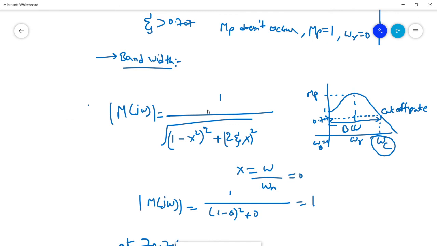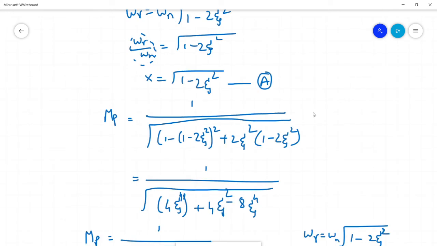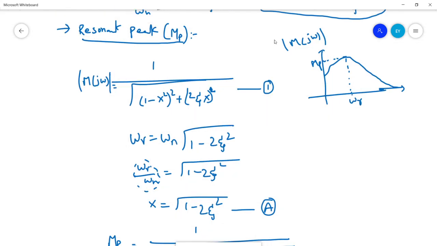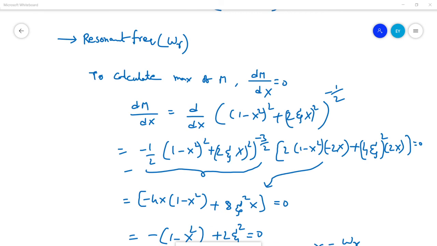In the next class we'll start the Bode plot. That is the graphical method which tells us the stability of the system and performance, how it performs while changing the poles and zeros, how the stability of the system is dependent on the pole zeros with respect to the Bode plot, right? So we'll go through the Bode plot in the next class, and that's it for today's class. We'll continue in the next class tomorrow. Thank you.